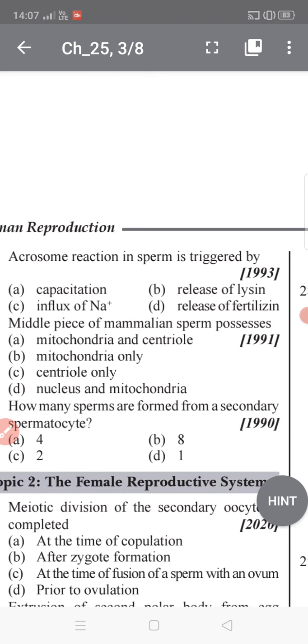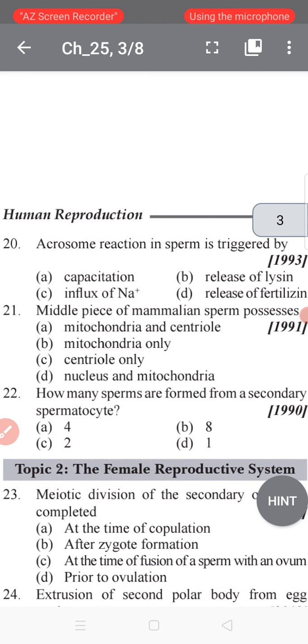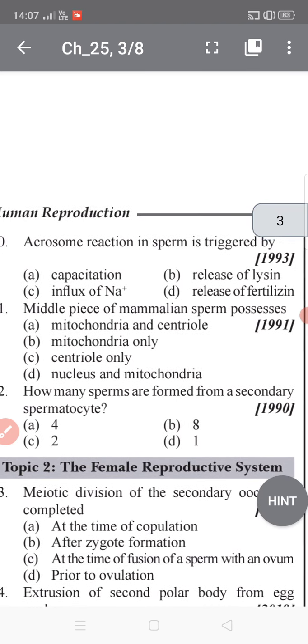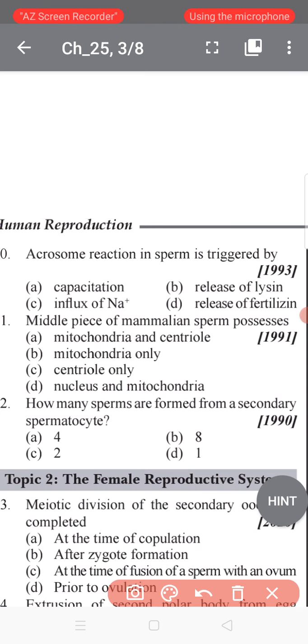In mammals, the acrosome reaction releases hyaluronidase, an enzyme, and acrosin; their role in fertilization is not yet clear. It also alters the patch of the pre-existing sperm's plasma membrane so that it can fuse with the egg plasma membrane. I hope you understand very clearly: the acrosome reaction in the sperms is triggered, in short, by fertilizin hormone.